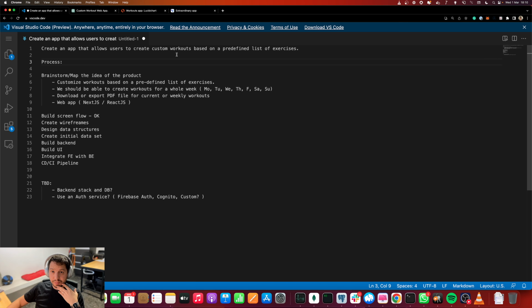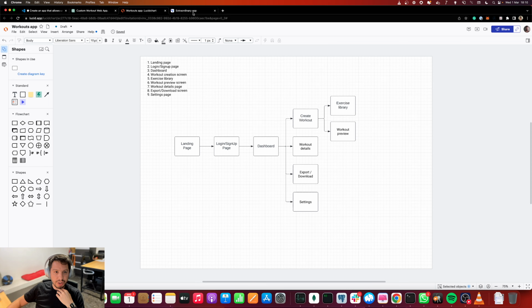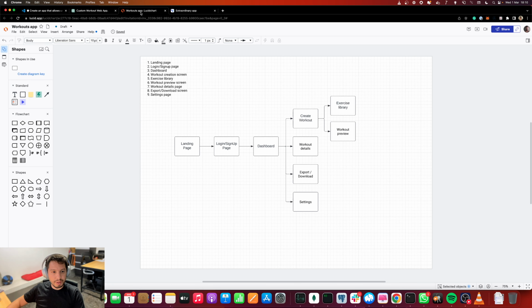I was actually thinking of building the wireframes with ChatGPT, but I will do it in a more traditional way, which is using a design or wireframe app. I will be testing this one, but you can use Figma, Sketch, whatever you feel comfortable using. There are a lot of options out there, and I'm not a UX/UI designer, so I'm just picking one that is easy for me to work with for now.